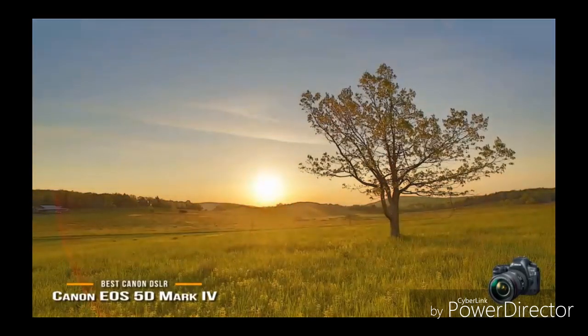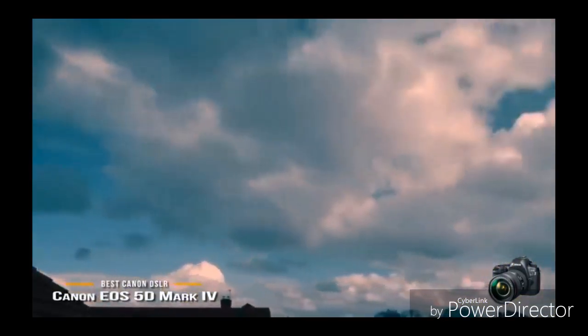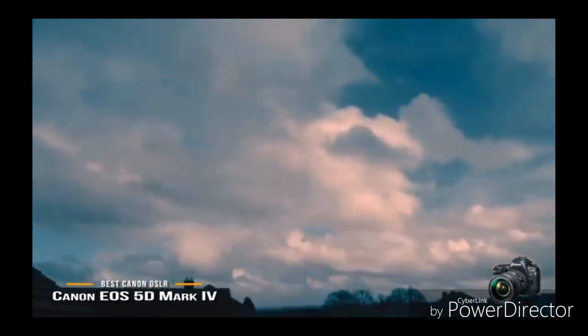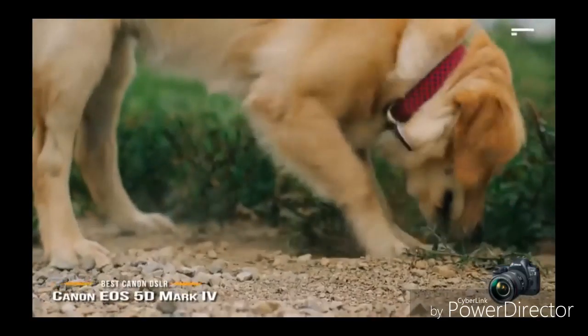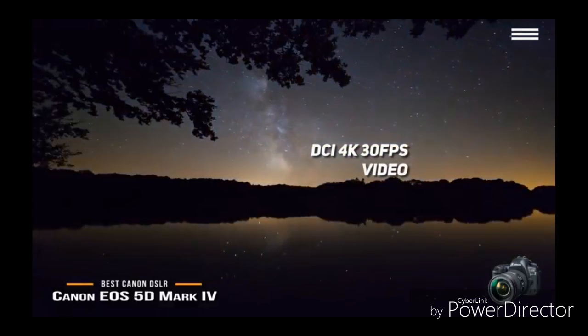Not only will you get videos with incredibly high resolutions, but you will also get videos with exceptional clarity. If you compare the quality of these videos and the quality of videos produced by other Canon cameras, you will quickly realize how superior these recordings really are. You can easily record DCI 4K videos with a steady 30 FPS rate, which is well above the default industry